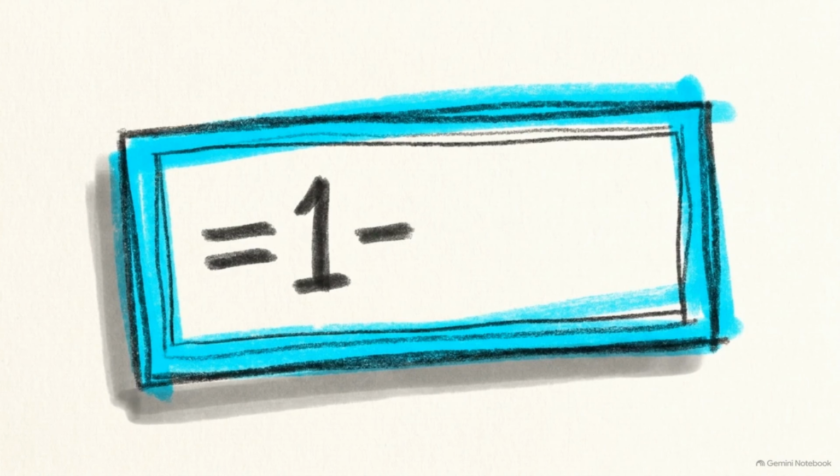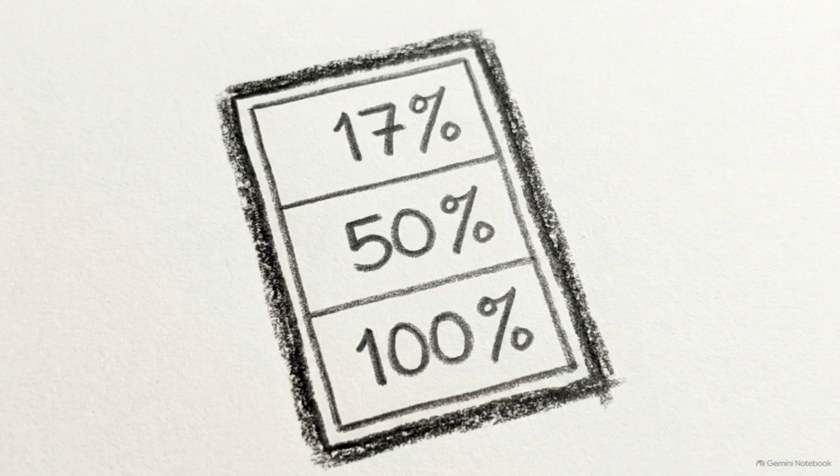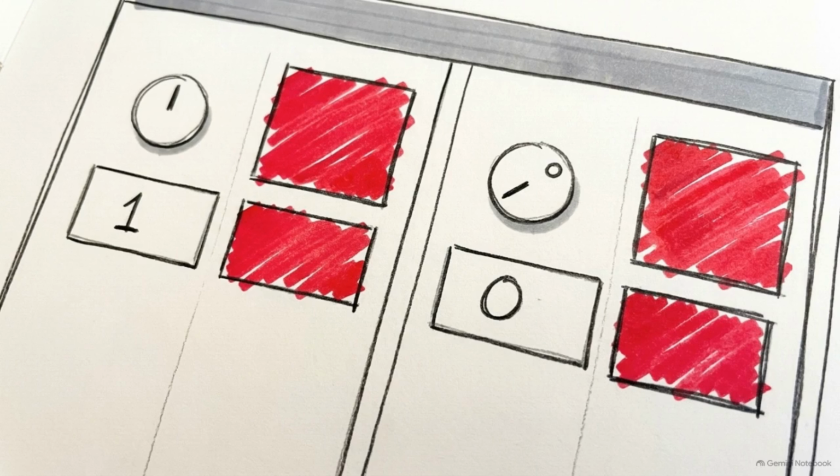For the remaining column, the calculation is an inverse of what we just built. Type equals 1 minus, and then click the corresponding completed cell. Drag this down. Highlight these remaining cells and apply a new conditional formatting data bar. Follow the exact same rule, setting the numbers from 0 to 1, but change color to red. The stark visual contrast between green progress and red deficit allows a project manager to spot bottlenecks immediately, without reading